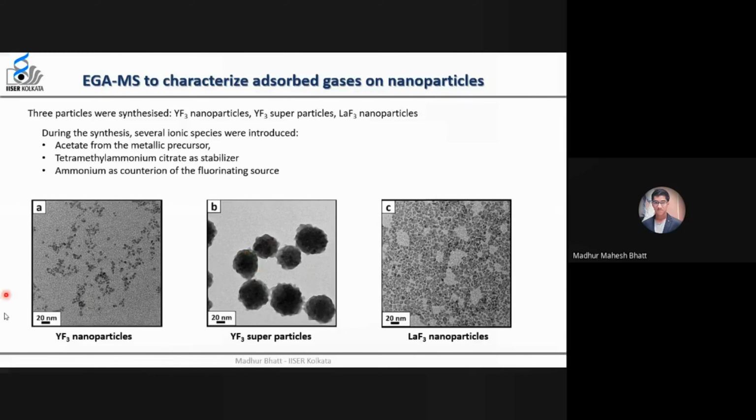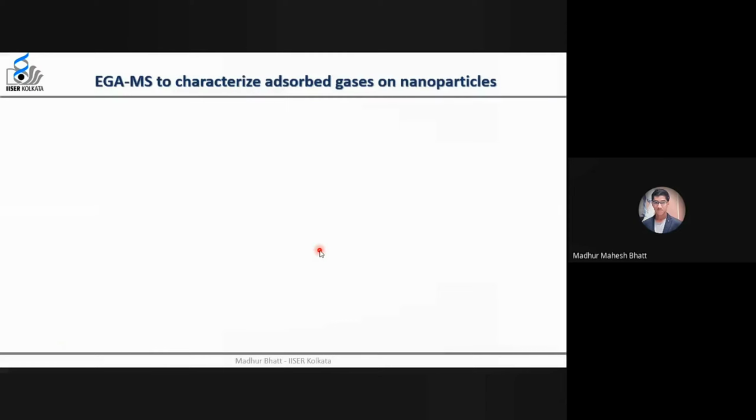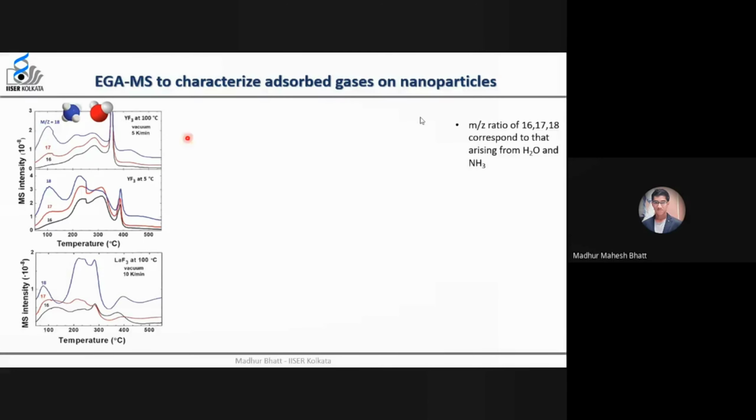So these particles were heated, and the gas that was evolved was characterized using EGA-MS, mass spectroscopy. And from mass spectroscopy, we get the M by Z ratio. For M by Z ratio of 16, 17, 18, it corresponds to the water and ammonia release. This is the mass spectra for entire temperature range. I won't talk much detail about this as